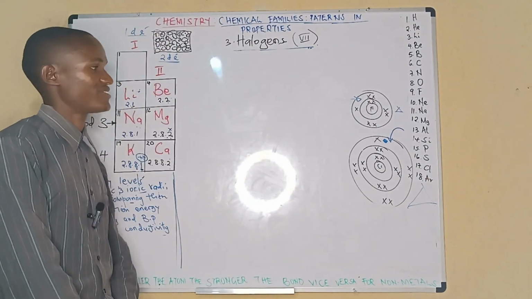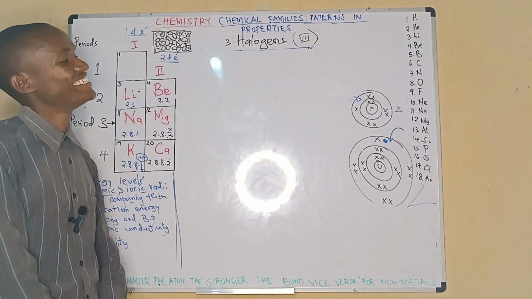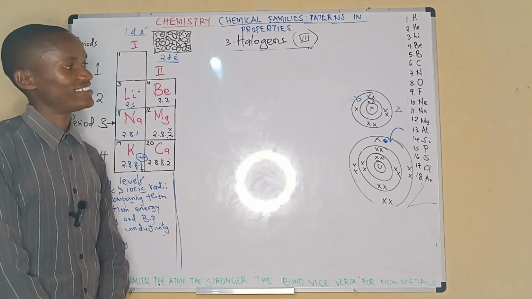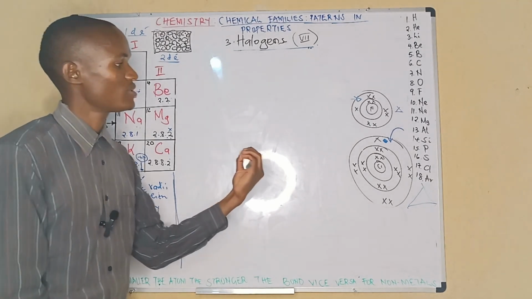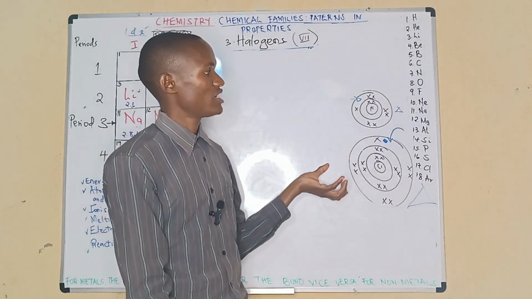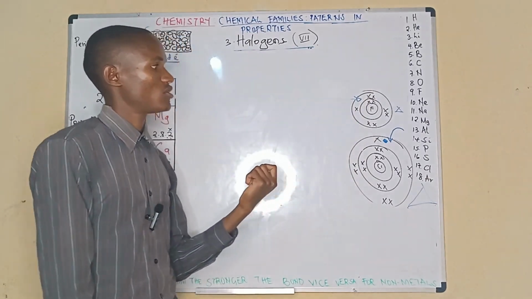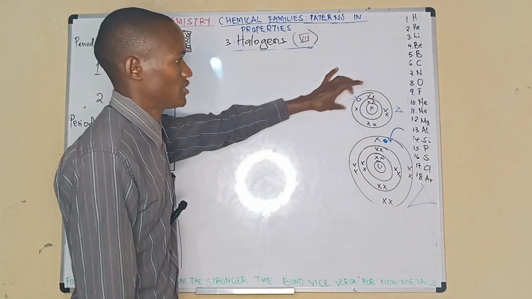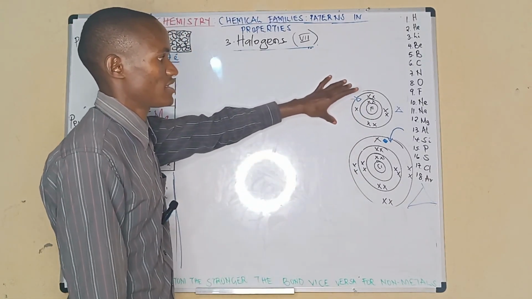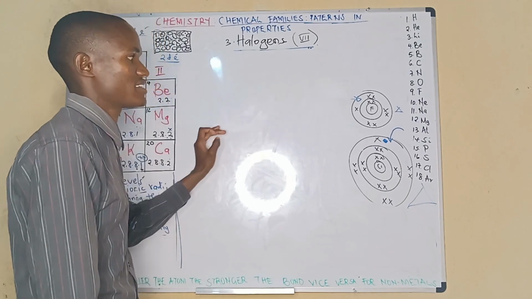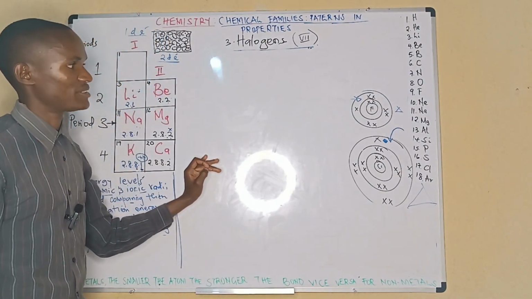The same definition or the same word knowledge comes to our mind. And we say that fluorine is a small atom, chlorine is a big atom. The nuclear charge here is more, a higher nuclear charge. And what does that mean? If it has a high nuclear charge,